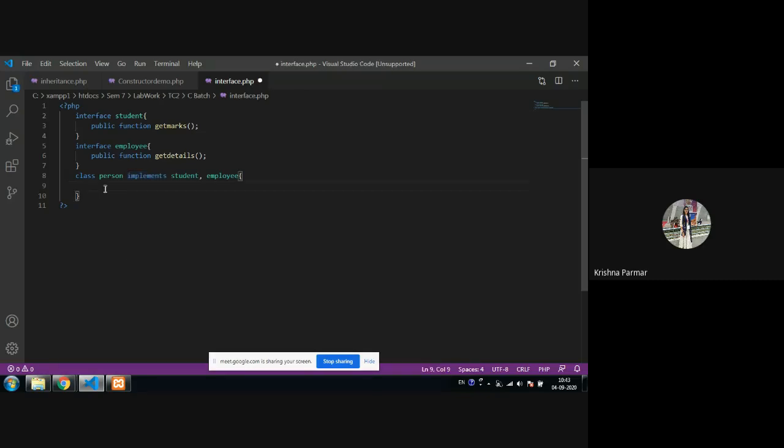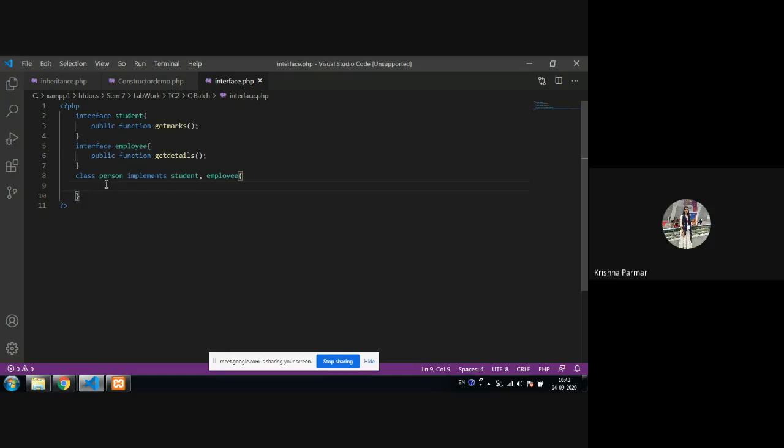Here is what I want to do: I am giving an ID. If the ID is 1, then employee-related details will be fetched. If the ID is anything apart from 1, then the student's details should be shown. Likewise, we are going for this program.